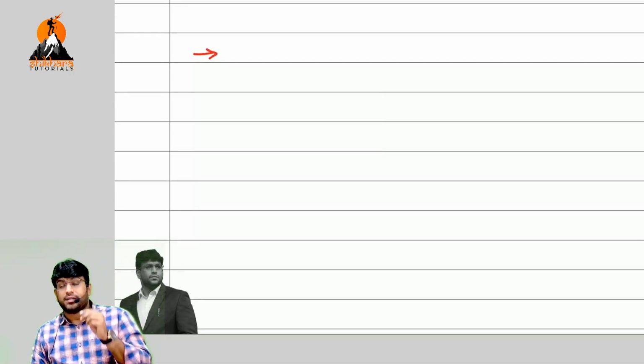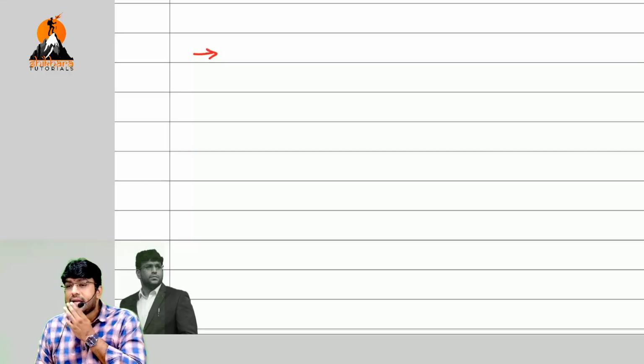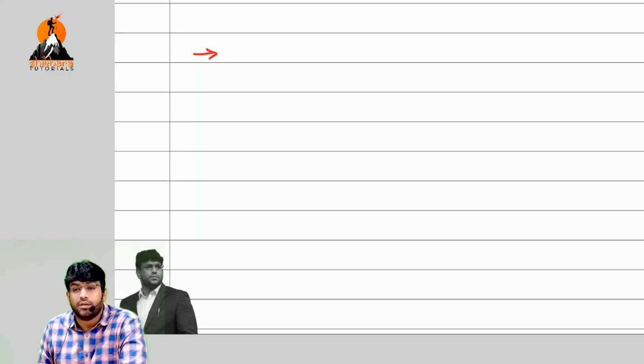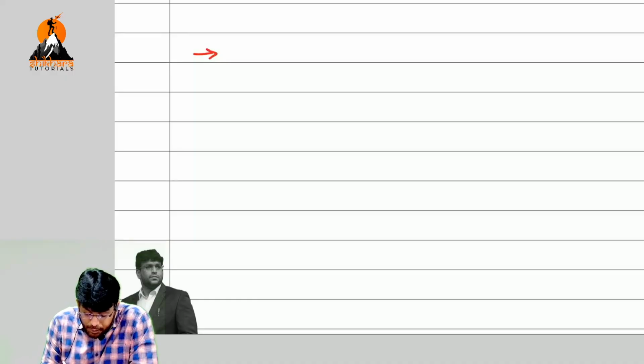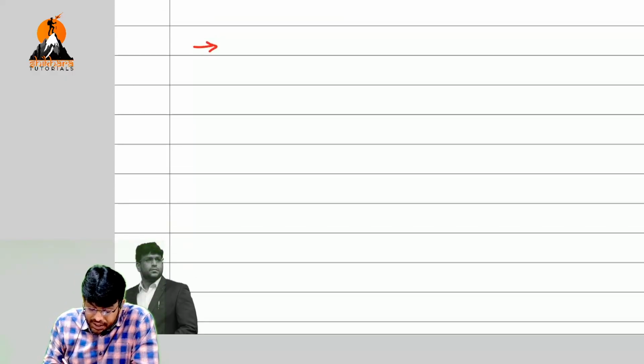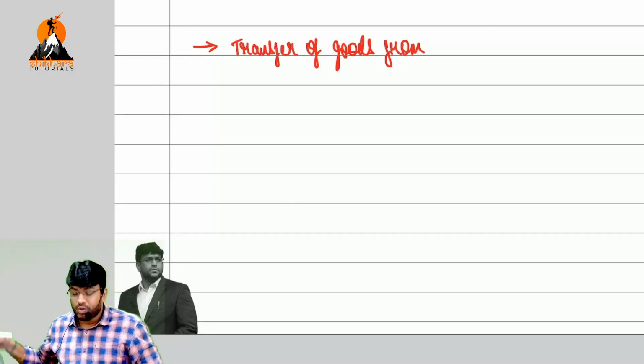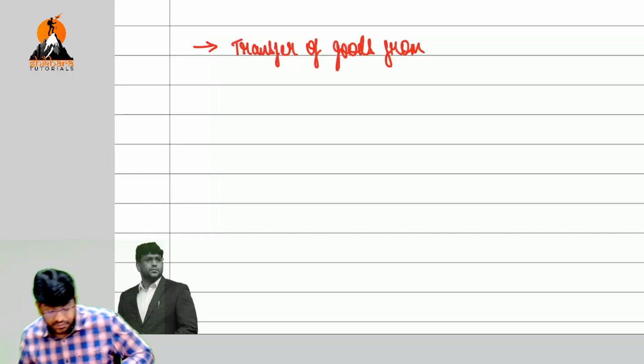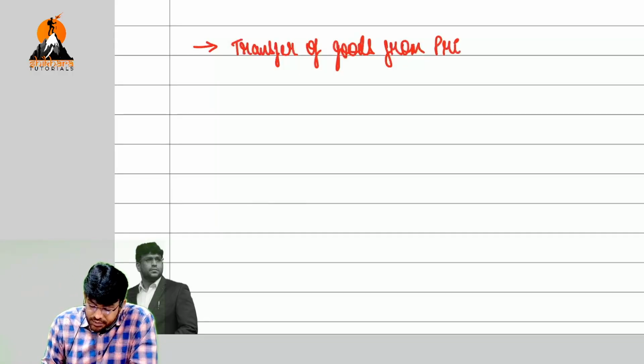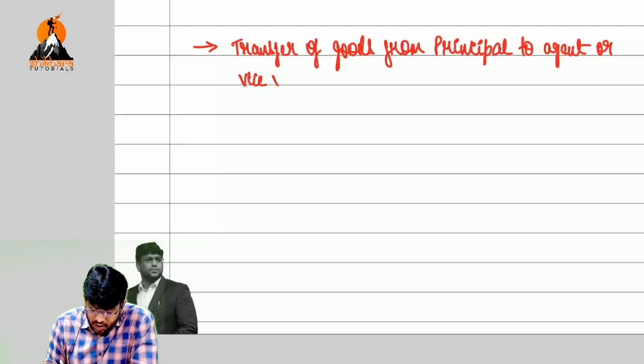We are talking about the third point in which section, friends? 7.1c, read with schedule. Very good. The third point talks about, listen very clearly, sir: transfer of goods from principal to agent or vice versa,